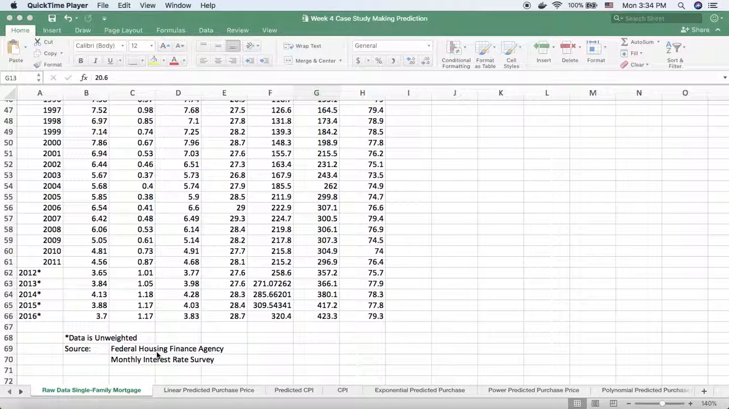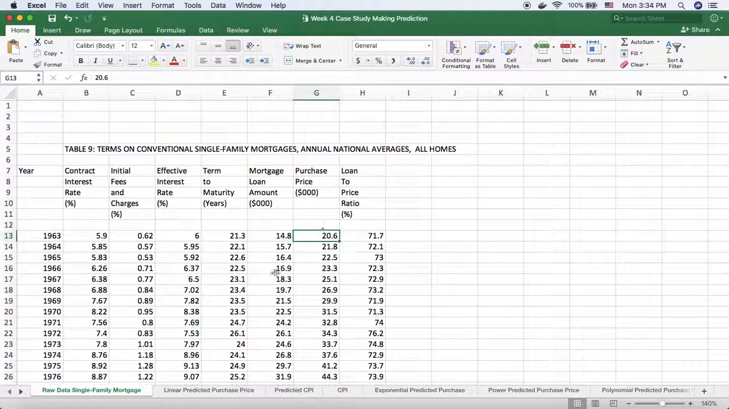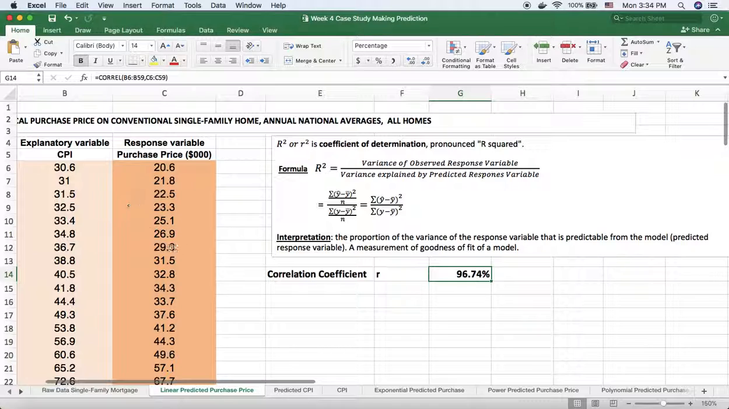I download a data table from the Federal Housing Finance Agency. This table is terms on conventional single-family mortgages. Lots of information here, but right now I'm only interested in purchase price. So I copied this column to here, purchase price, and then I copied CPI